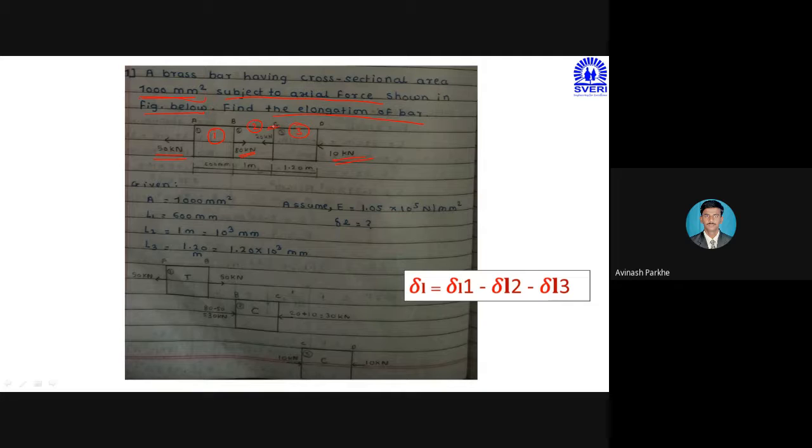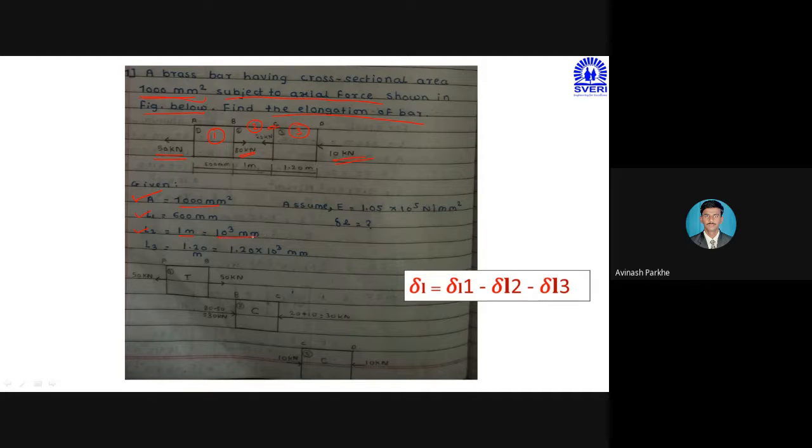Okay, so now first of all we'll focus on the given parameters. Given: the cross sectional area is constant, that is 100 mm square. We need not go for conversion, we take it as it is. Then the length of section 1 is given in the figure at the bottom side. L1 is given as 600 mm, L2 is given as 1 meter. Look, sometimes one length is given in mm and the remaining 2 lengths are given in meters. So it is your responsibility to convert all the dimensions to mm. Therefore L2 is equal to 1 meter, which means multiply by 10 raised to 3.